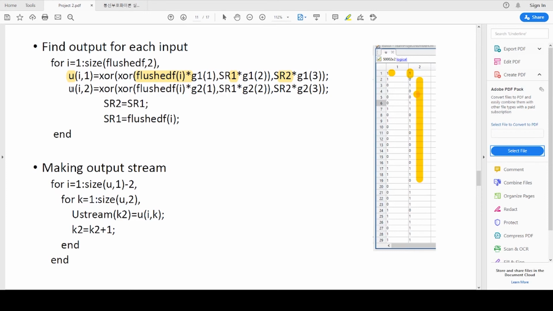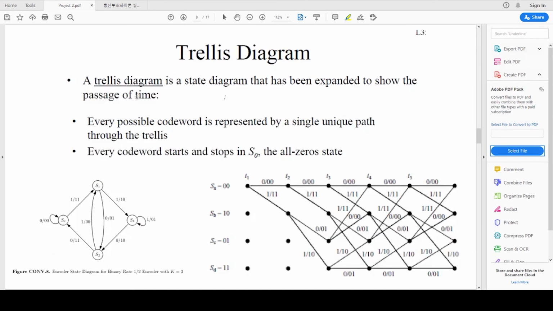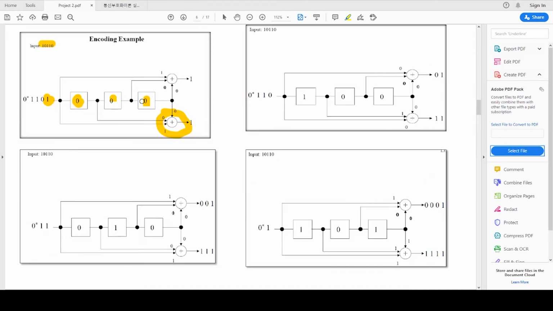in the U variable. And once the first iteration is done, we need to shift by one. Remember, when one iteration is completed, we should move this to the next one, and this should move to here, this should move to here, and the one should come here.